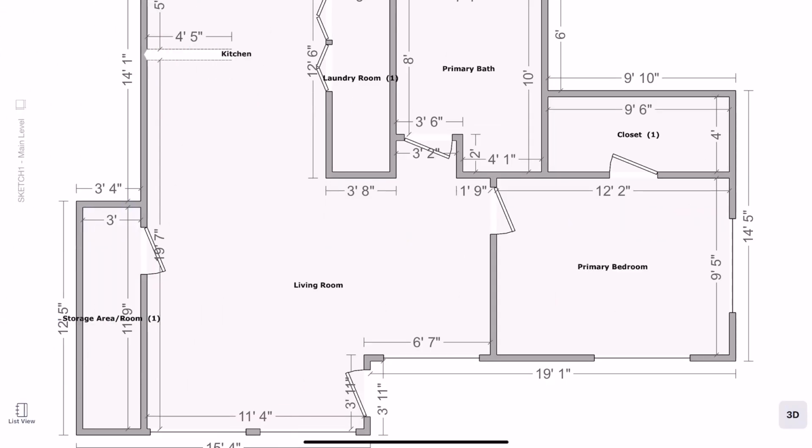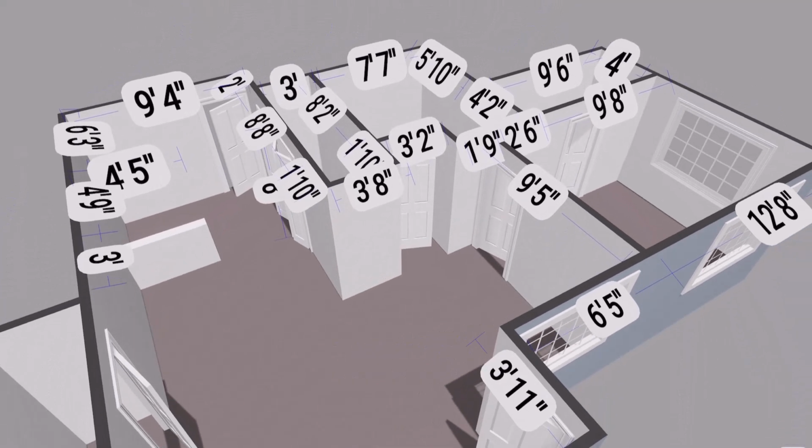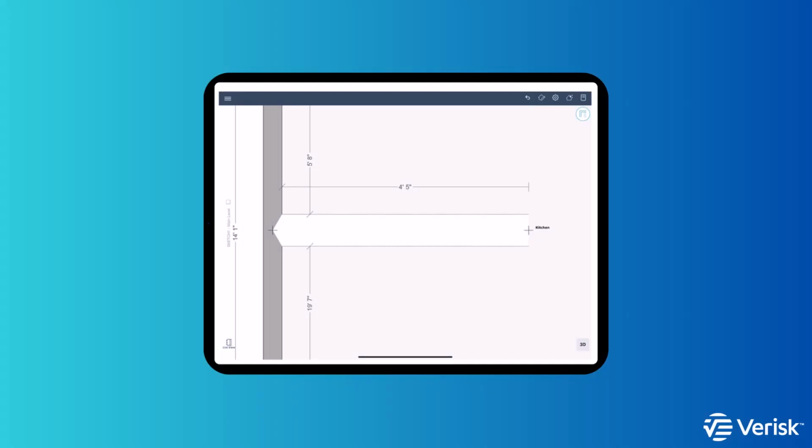Now you'll want to double-check that everything looks correct by switching to 3D view. This gives you a clear look at the pony wall and helps confirm that it was created with the right height and placement. And that's it. Learning how to create a pony wall in Xactimate Mobile gives you more control and precision when building rooms in